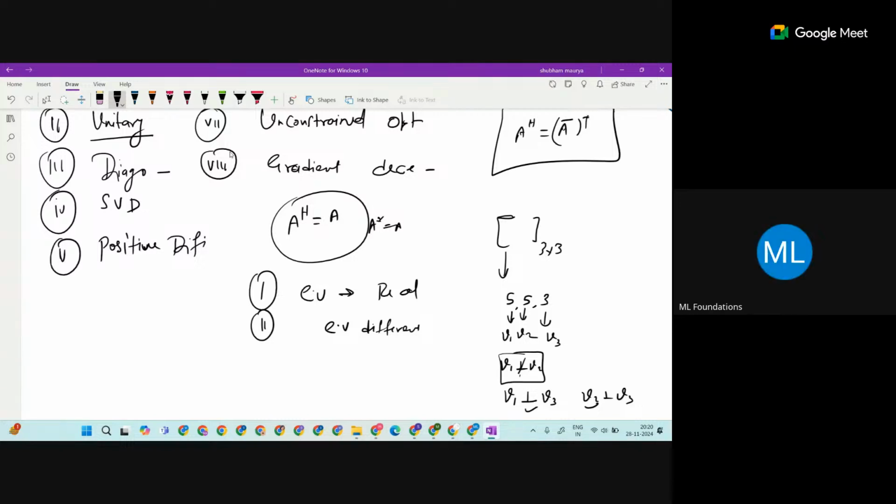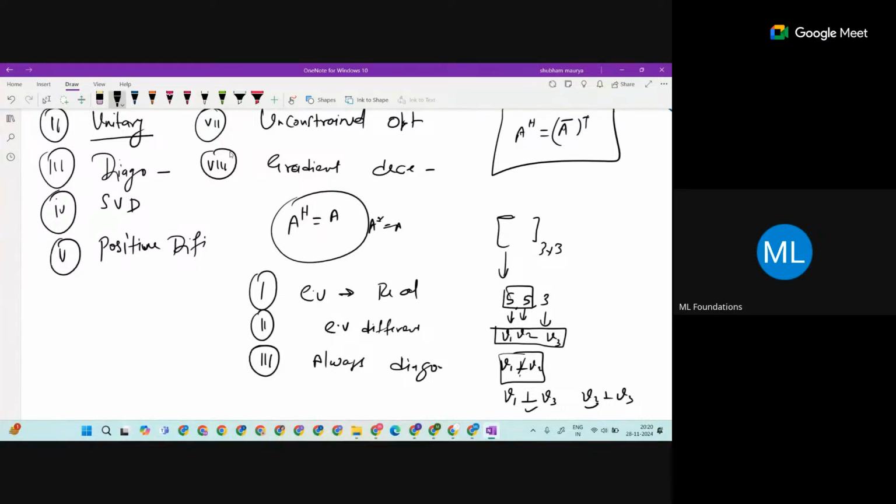And that is always possible, because a Hermitian matrix is always diagonalizable. Another property is that it is always diagonalizable. So for 5, 5 you will always get two different eigenvectors, different in the sense of independent eigenvectors. So these three are going to be independent, with no dependency between them. But about orthogonality: for the same eigenvalue, the eigenvectors are not going to be orthogonal, but for different eigenvalues, the eigenvectors are going to be orthogonal.